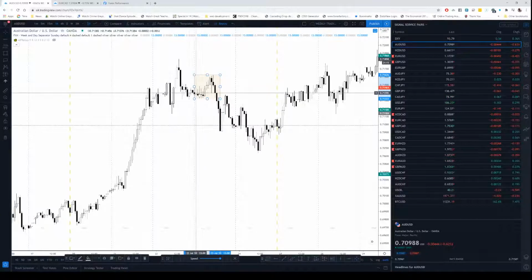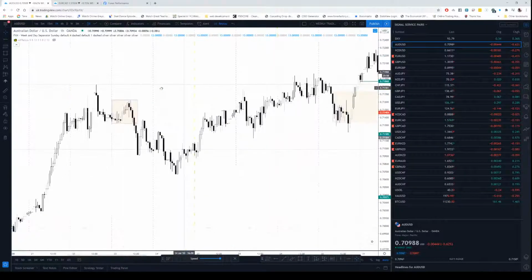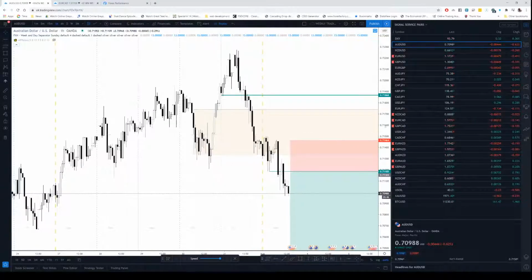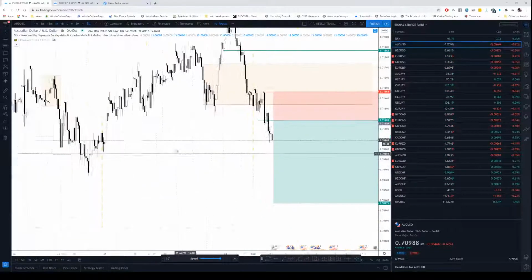Okay, when the market opens, you look for a fake move to the upside, and then you sell short during London session, and then you hold on to your trades, place your stop above previous day's high. So if you do get market to close maybe here, tomorrow morning we see a push up, you sell short and you place your stop above today's high. Okay, that would be for the